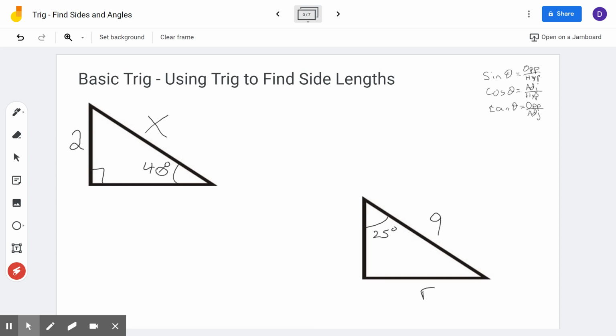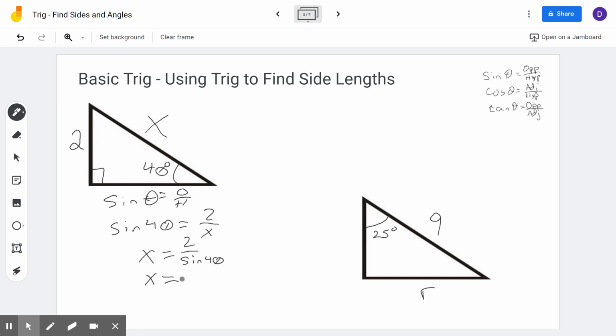So, write down what you're doing. Sine of theta is opposite over hypotenuse. Therefore, the sine of 40 is 2 over x. We get x in the denominator there, so swap those. X equals 2 over the sine of 40. So x equals 2 over